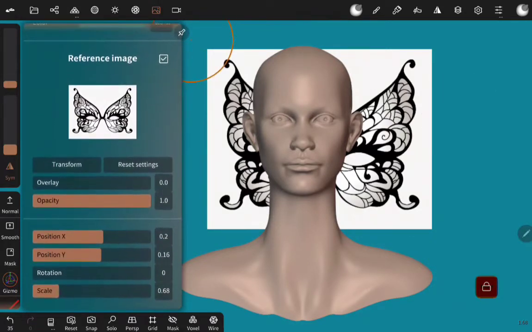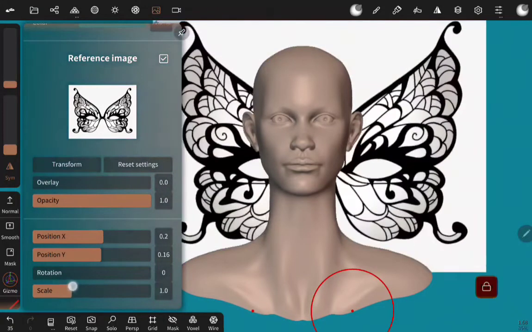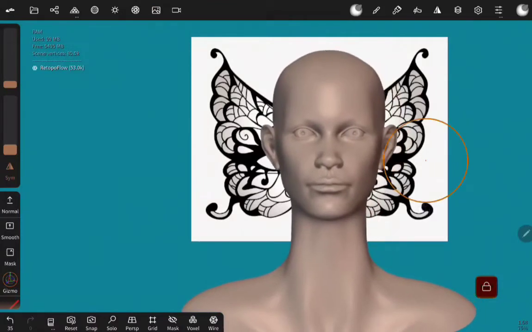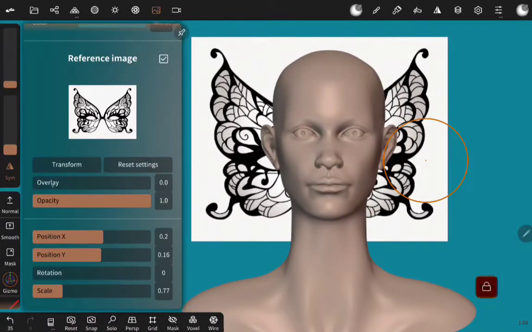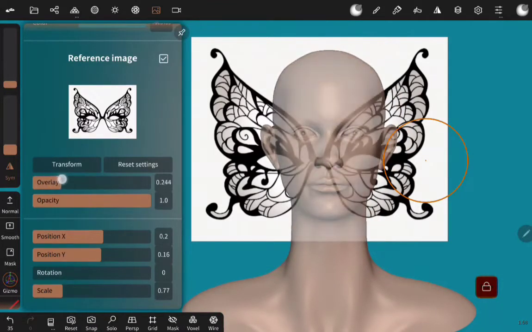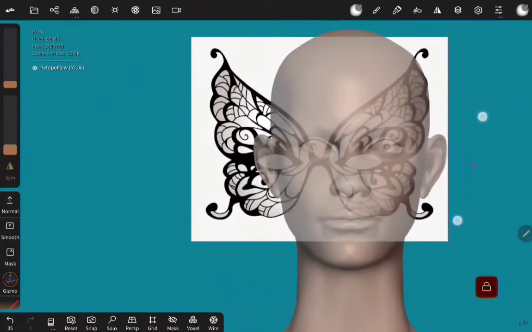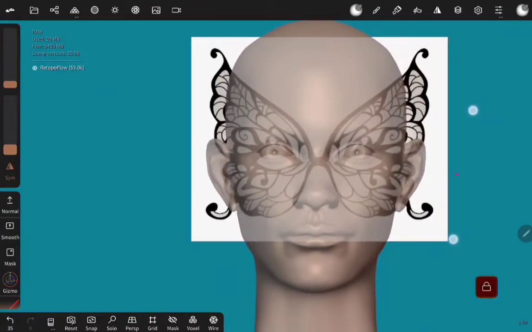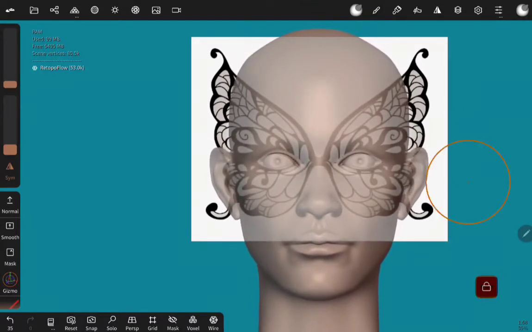I think first of all we'll enlarge it, not too much, and we'll increase the overlay so that we can at least see it. And then we'll bring our photo up, try to position the eyes there. That's pretty good, but you can see that